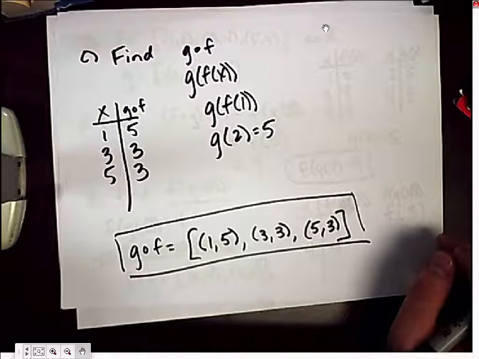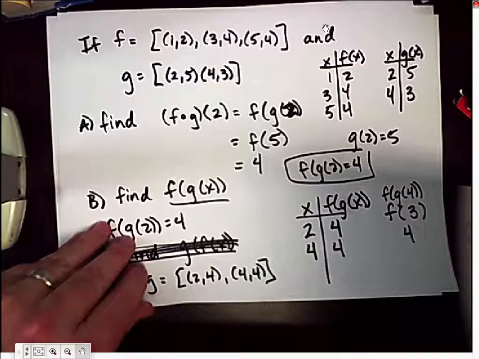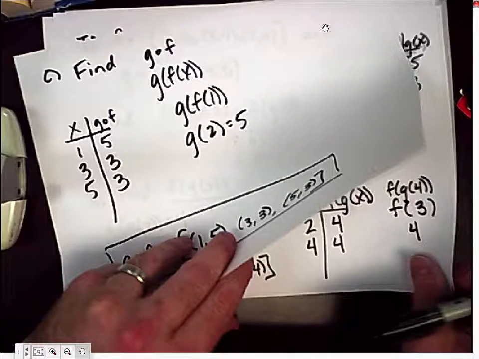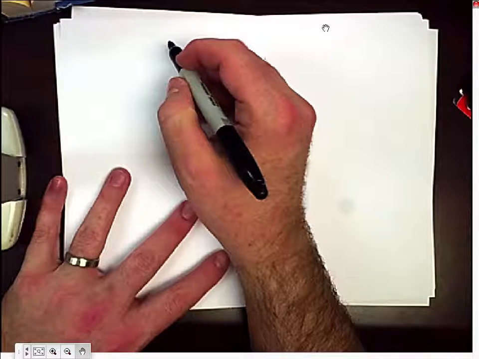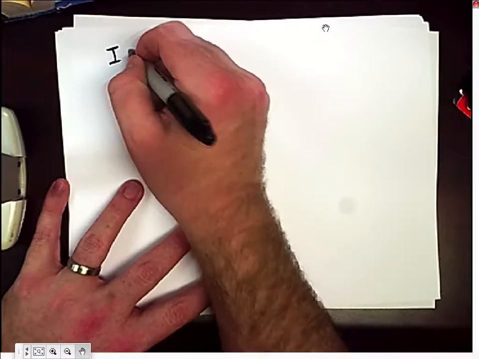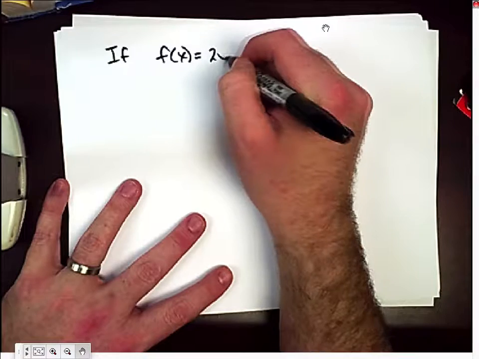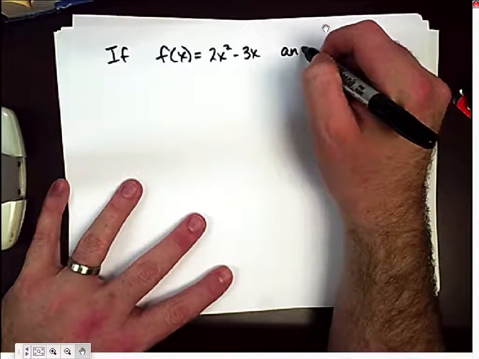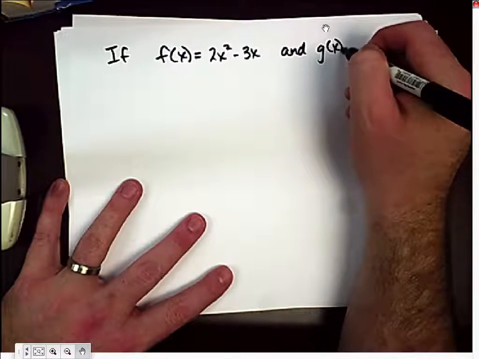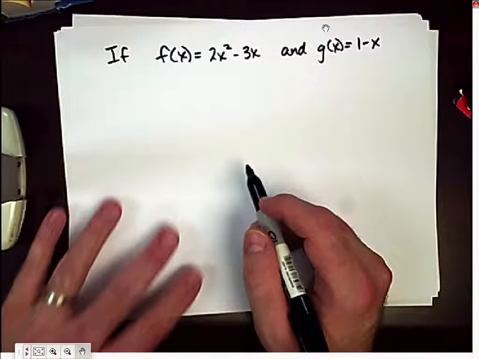Okay? All right. One more example, maybe. Okay, so let's say that f of x is 2x squared minus 3x and g of x is 1 minus x, what if I ask you to find